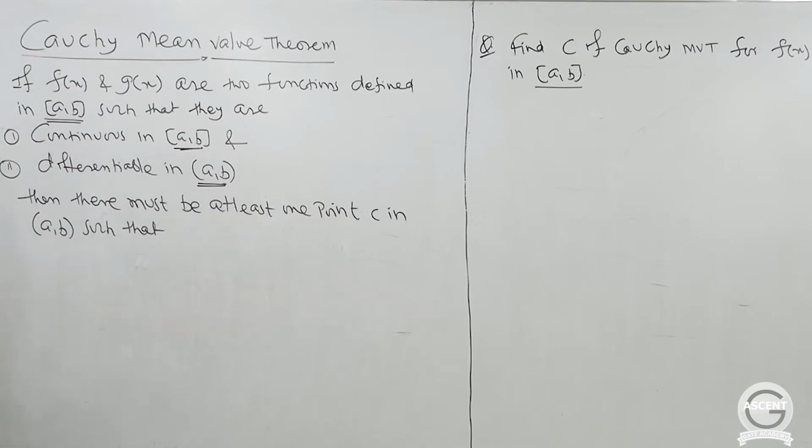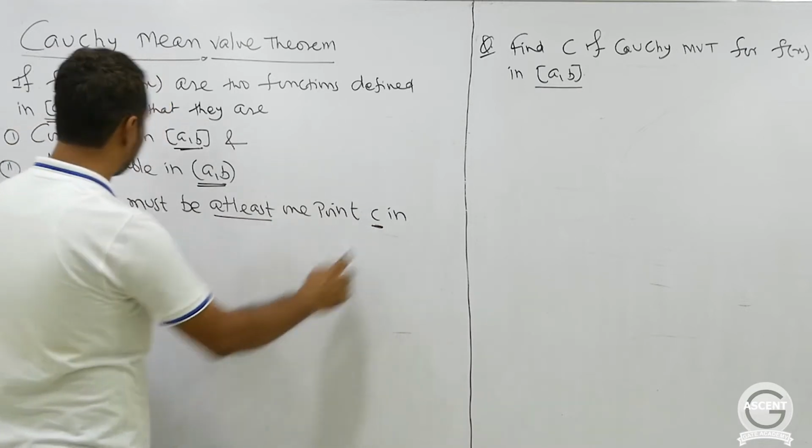Okay, so remember that the first two theorems, Rolle's theorem and Lagrange's mean value theorem, were for a single function f(x), whereas this Cauchy mean value theorem is for two functions f(x) and g(x). If both of these functions are continuous in some closed interval [a, b], and both are differentiable in the open interval (a, b), then the theorem says that there must be at least one point c in this